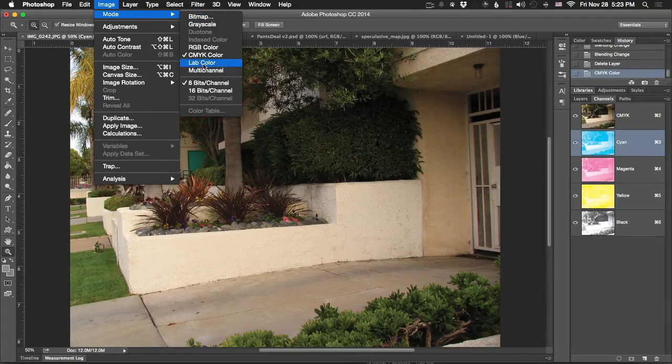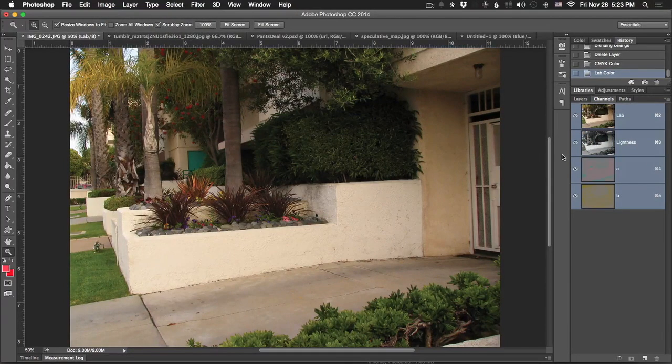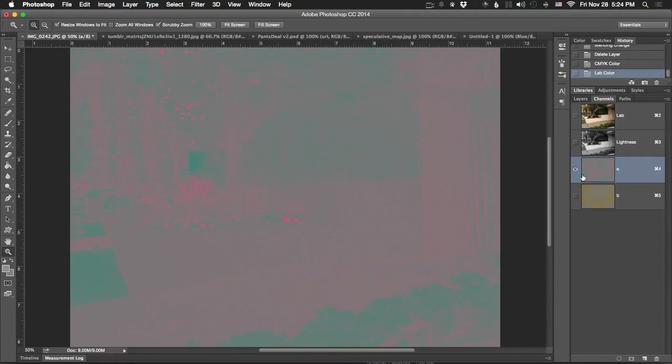Lab color is a really interesting one. Again, this isn't something that we dig too much into in this course particularly. Rather than having a red, green, blue channel or a cyan, magenta, yellow, black channel, this has a lightness channel, which has the spectrum of white to black right here. And then it has two other channels, the A star channel, which is the spectrum from green to purple, and the B star channel, which is the spectrum from blue to yellow, which is really weird to think of conceptually,